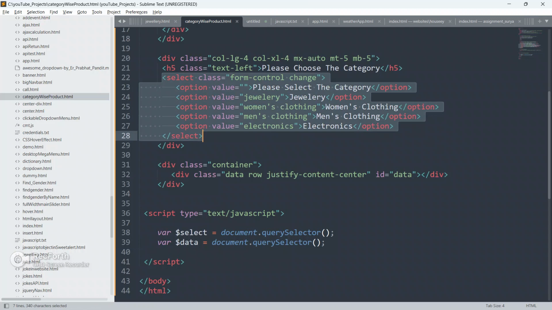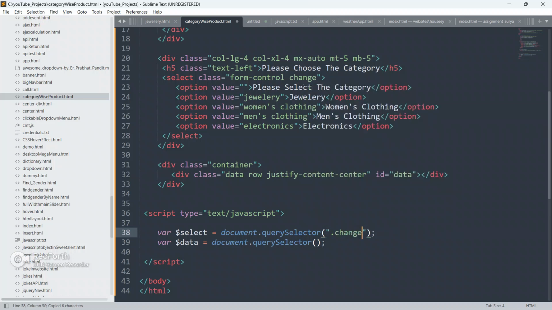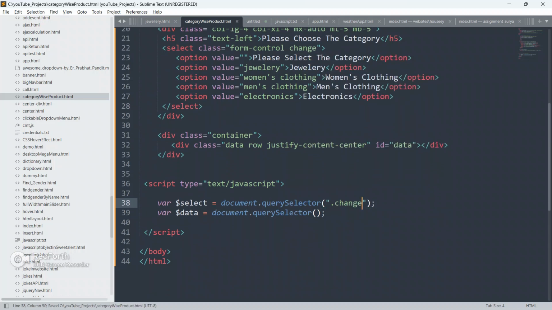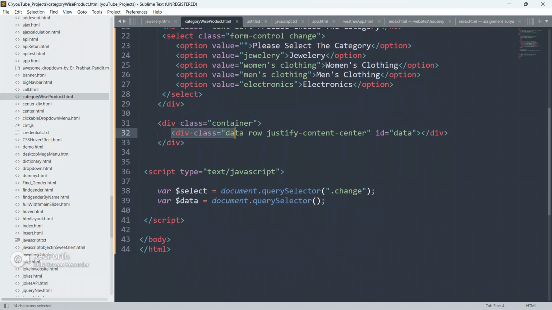In this variable we are going to select this select box, and it contains options also. I'm going to select this through this class, so put a dot. And I'm going to select this div, where we will place data dynamically using JavaScript, through its ID, so we have to put a hash and the ID attribute.